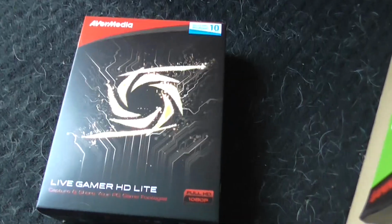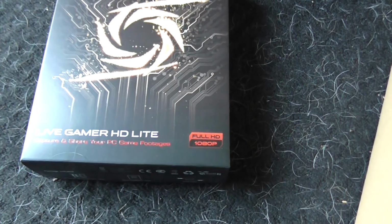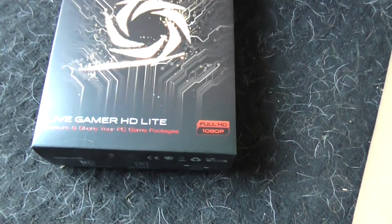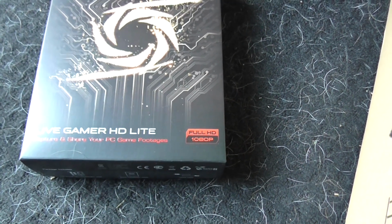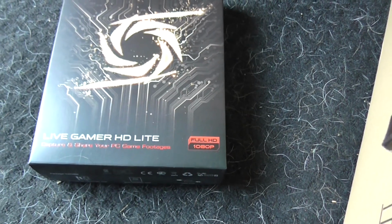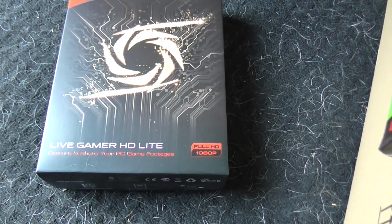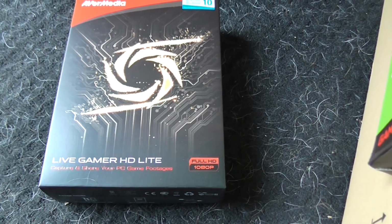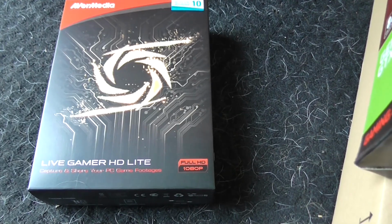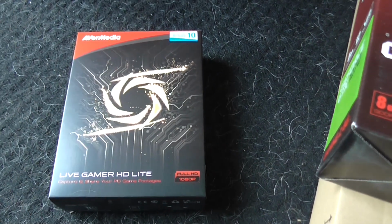Anyway, we have an AVerMedia. I'm not sure on the pronunciation for that, but it's the Gamer HD Lite, just because it was about 40-50 quid cheaper than the non-Lite version. The only actual difference is the normal one comes with a button, like you hit that and it starts recording, and it's got a backplate thing to it. I'm not bothered about the fancy crap,